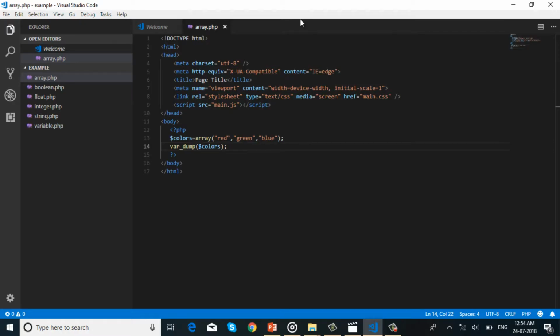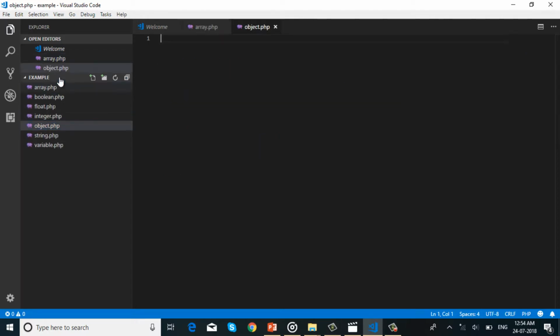Here, to create a PHP file, object.php. Let's start writing the code.